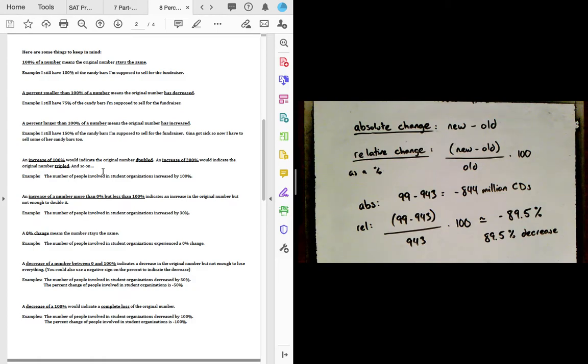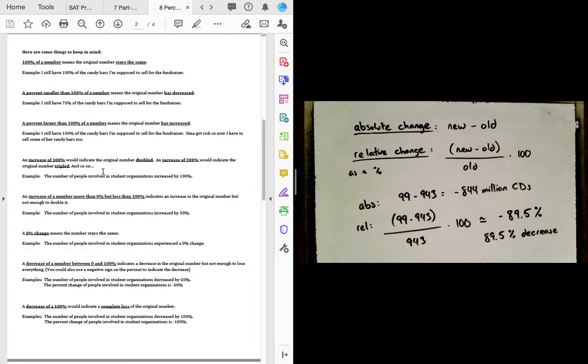An example could be going back to candy bars. If I have 20 candy bars and I increase the number of candy bars by 100%, that means I got another 20 candy bars laying around, and now I have a total of 40 candy bars available to eat or